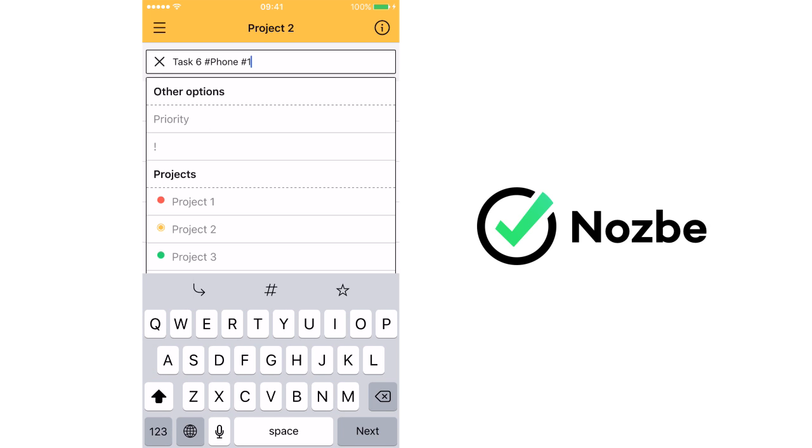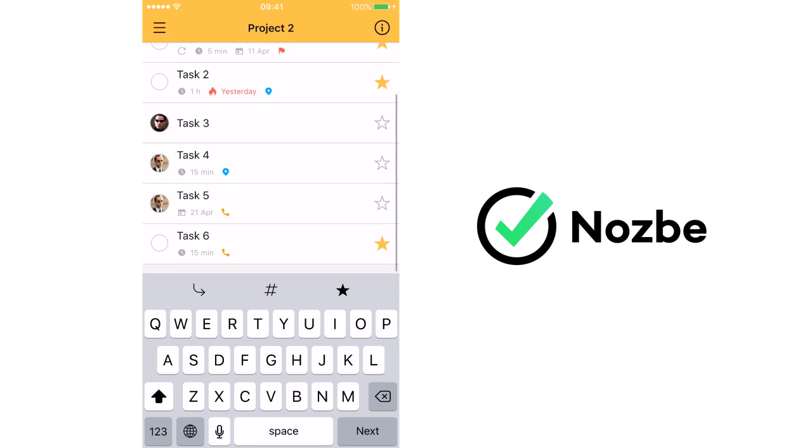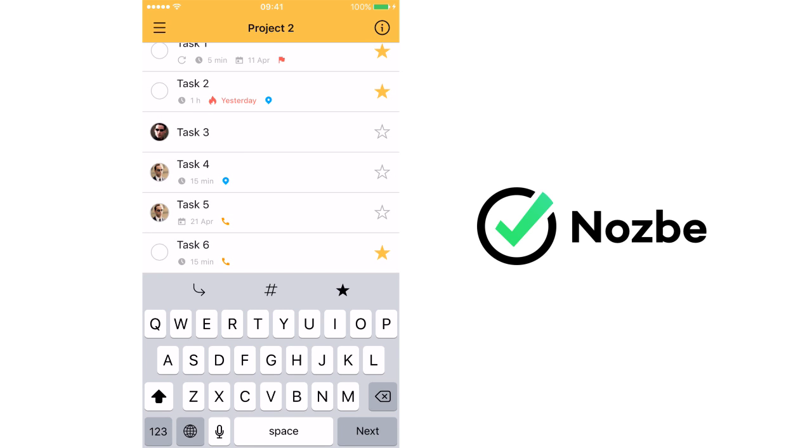Hashtag key. When adding new tasks, you can use the hashtag notation to mark them with extra parameters like categories, due date, recurrence, or time needed. This way, you can also assign this new task to a specific project. This isn't a new feature, but the hashtag key is now instantly reachable. Priority switch. You can now mark a new task as a priority from any place in the app without leaving the keyboard area. Just tap the star before accepting a task, and whatever it is you're creating is a priority.